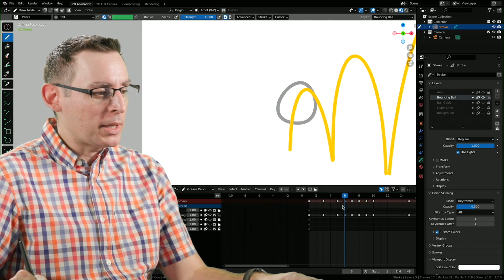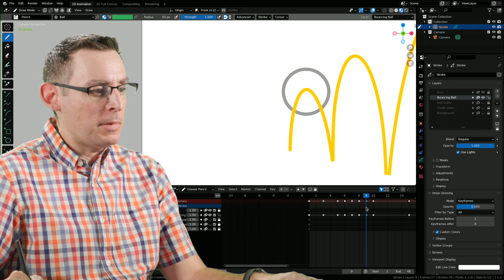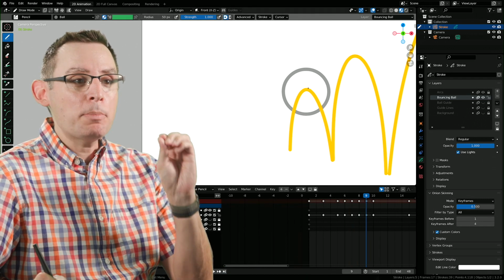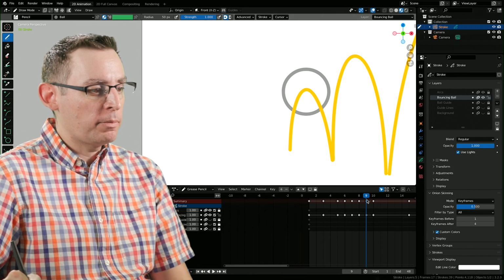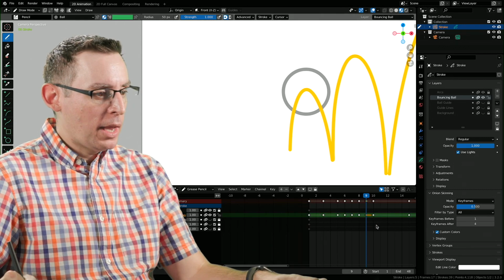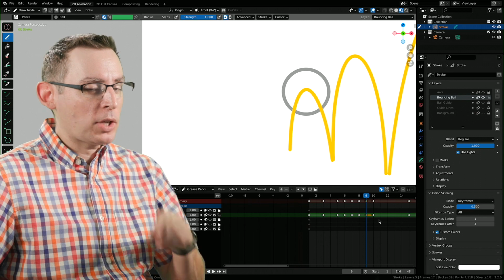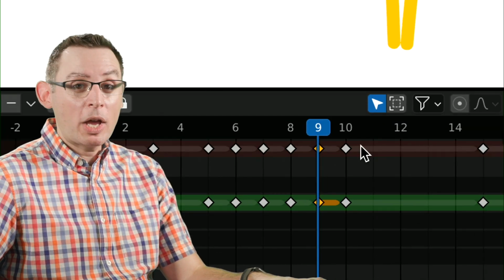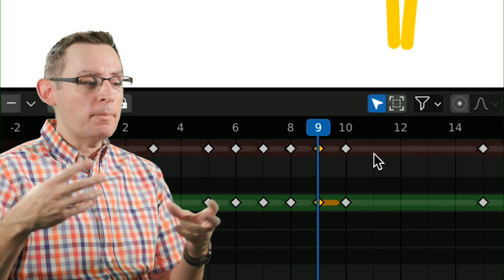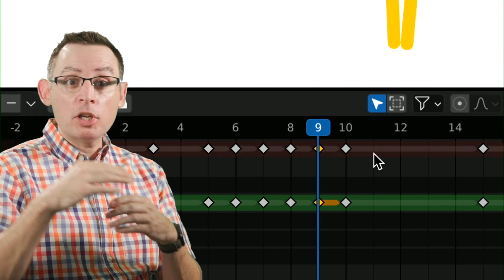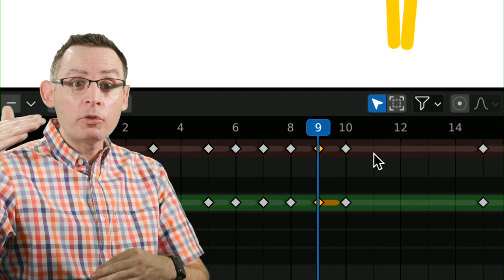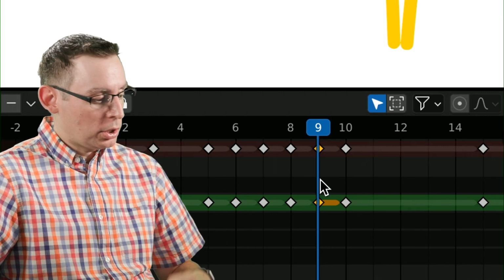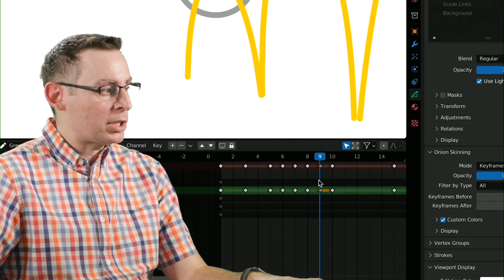So what I'm going to do is travel over to frame 9, which I can visually see is the frame that represents the apex of the first jump itself. And I'm going to select that keyframe. Now, remember, as you're working with these keyframes, there are actually 2 different rows that we're going to see keyframes on. The top row, the red one, if you will, is the summary. It's showing you that there's a keyframe across all of your animation layers at this point in time. But it's not telling you which animation layer that information is sitting on.